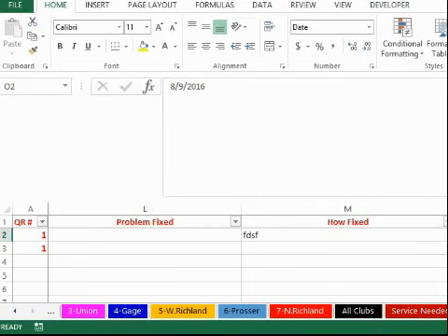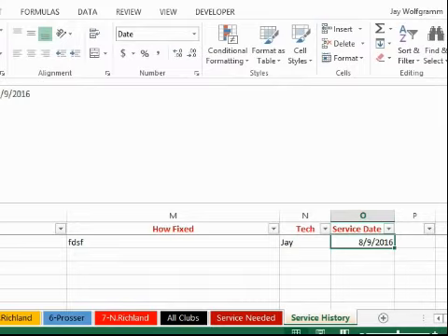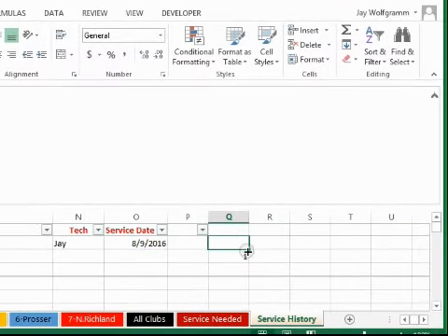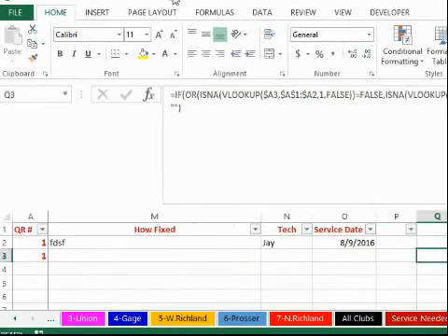twice in the service history. Save on it having to say, oh, is it there twice? Column Q has a function that will say, if it is listed twice, then put it here. So what that if statement is doing is searching both in the service needed, service history columns, and